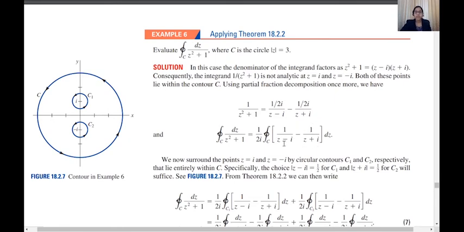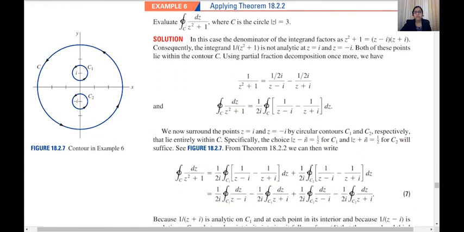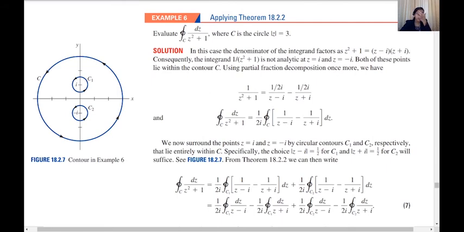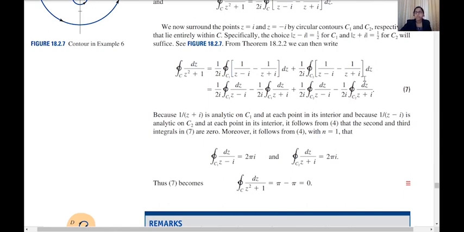Now what will this value be? The integral over C of 1 by z minus i dz is of the form integral over C of dz by (z minus z0) raised to n. Here n is 1, so this value is 2 pi i, and this value is also 2 pi i, so 2 pi i minus 2 pi i is 0. We don't have to go through all this stuff. This integral is 2 pi i by our formula, this integral is also 2 pi i, so when we subtract these two, we get 0. So the integral over C of dz by z square plus 1 is 0.